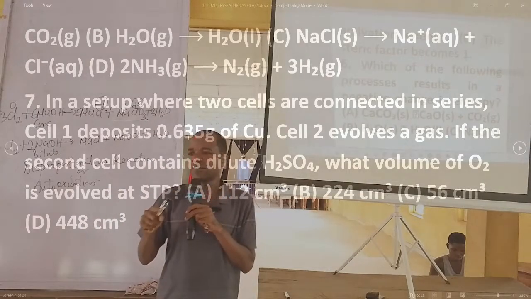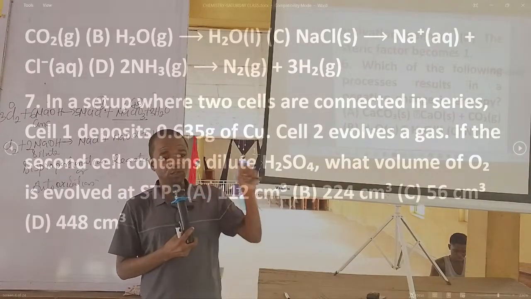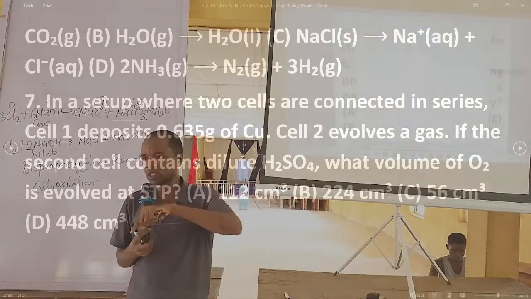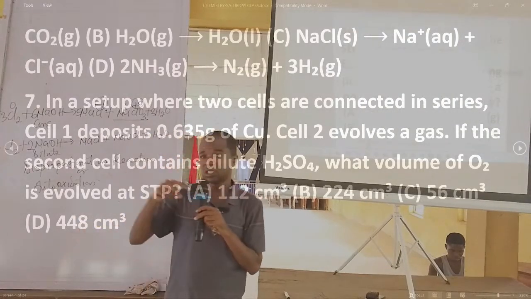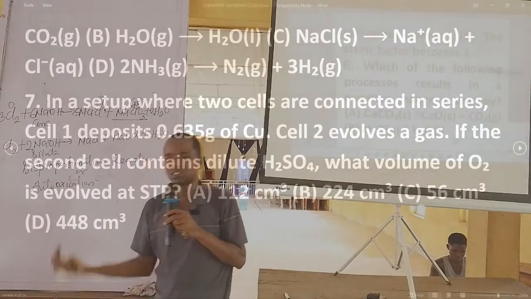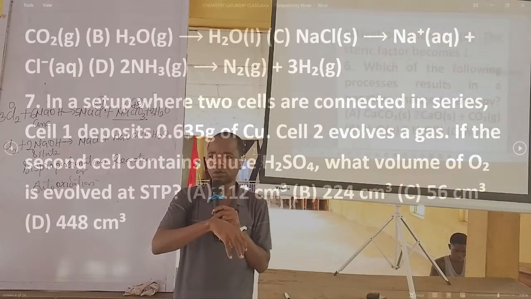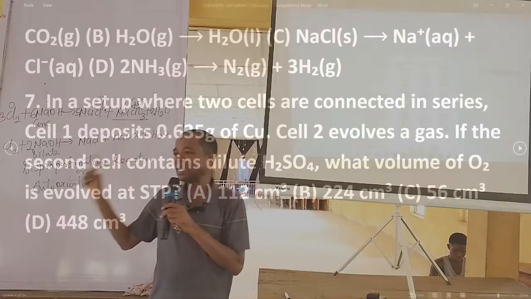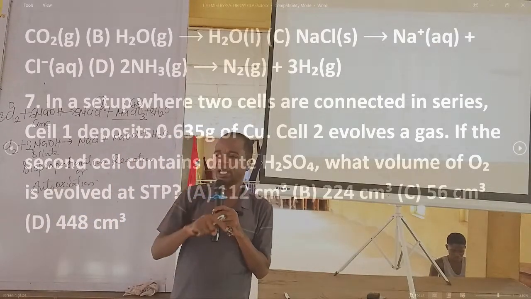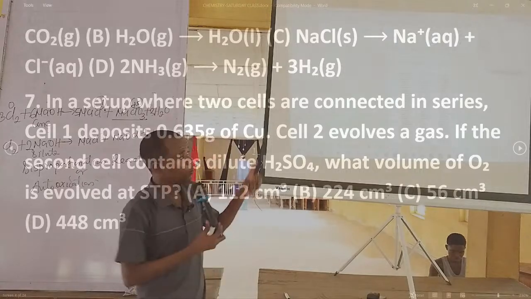So whenever there is a change of state from solid to liquid, that's positive entropy. From liquid to gas, that's positive entropy. But if the reverse is the case, then that is negative entropy. When a liquid freezes and changes to solid, that is negative entropy. When a gas condenses and changes to liquid, that is also negative entropy. And if you look at the board,